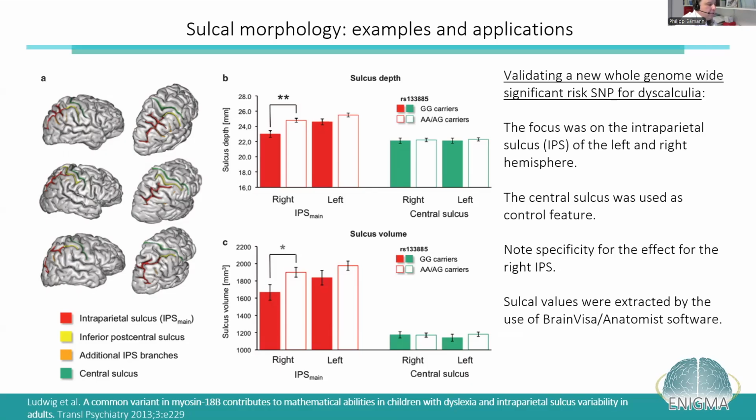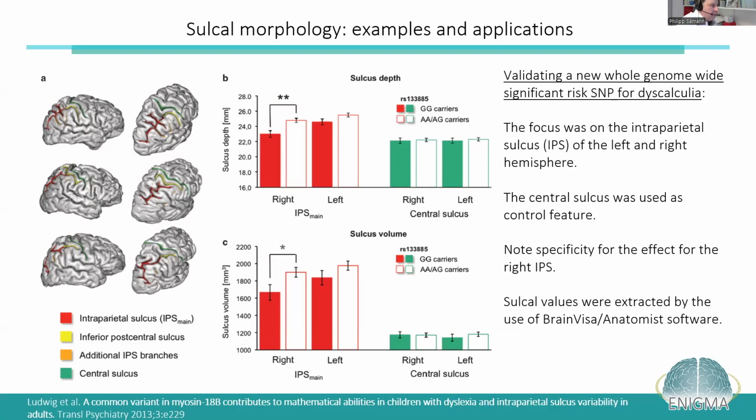Actually it was a study on dyslexia and dyscalculia, but in this analysis we focused on the intraparietal sulcus that is plotted in red in these six individual brain examples, and using a fully automated sulcus identification software called BrainVISA,